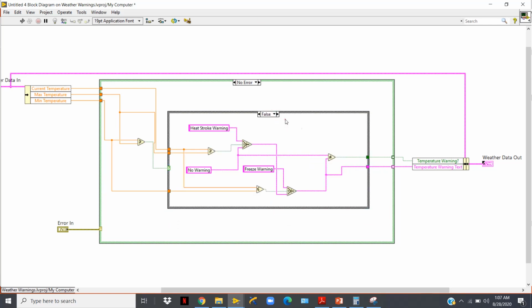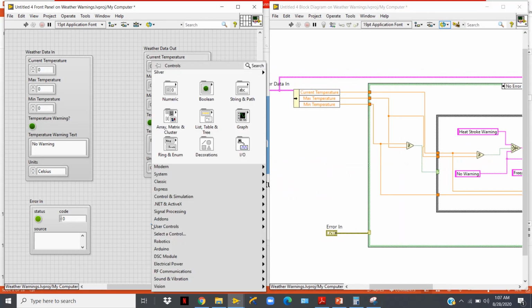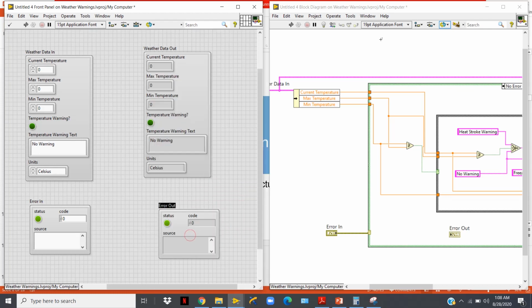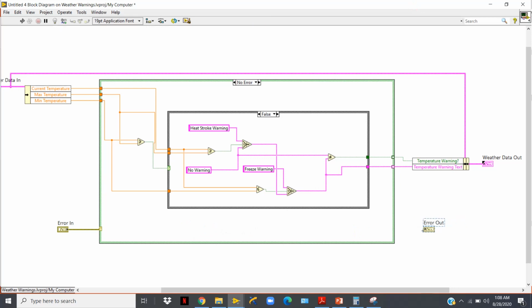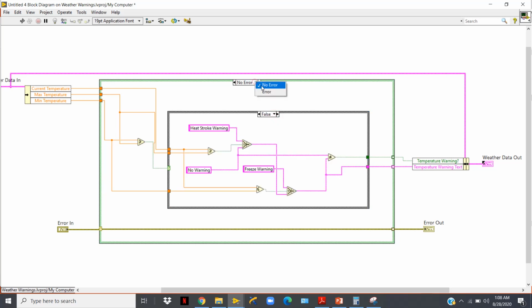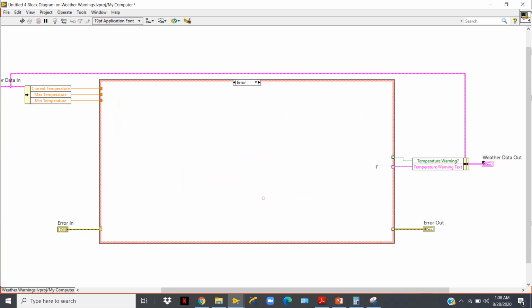Alright, and this is the false case. Also take one error output cluster and connect it with the error input cluster. Alright, this is the true case, this is the false case, and if an error is coming, if the error case is true, then in this case the warning should be activated true, and it should show the error here. Also pass this error into the error output. So now your code is complete,